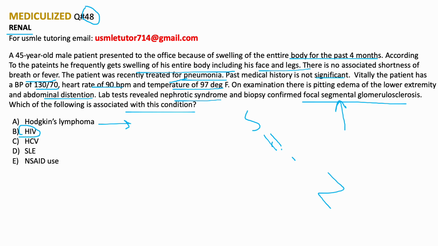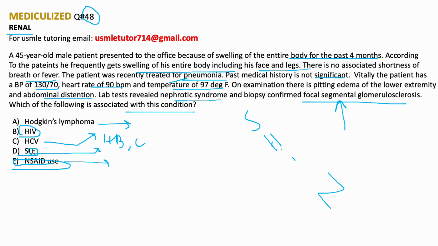Then HCV, wrong answer. HCV would be membranous nephropathy. So remember, in membranous nephropathy, patients who have hepatitis B and C are at risk. Also, patients who have autoimmune conditions like SLE are at risk. They are also at risk. Tumors are also a risk factor for membranous nephropathy, but not focal segmental. So hepatitis B, C, rheumatoid arthritis, SLE, solid tumors. These are the risk factors for membranous nephropathy. And this last option is wrong answer. This can be associated with membranous nephropathy, and also minimal change disease, but not with focal segmental